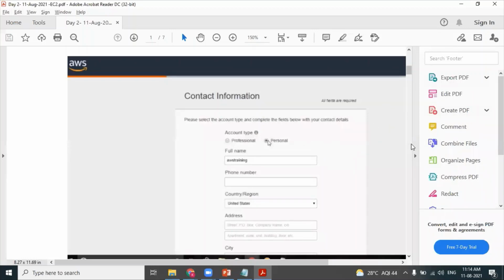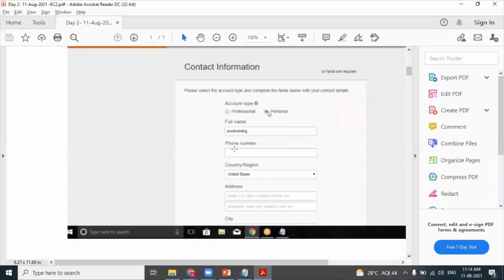We are creating an AWS account for our personal use, for our practice purpose. So please go for personal. If you're a freelancer, providing AWS services to your client, helping clients manage their infrastructure, then go for professional account. Otherwise, as we are learning for ourselves, go for personal. Account type should be personal.